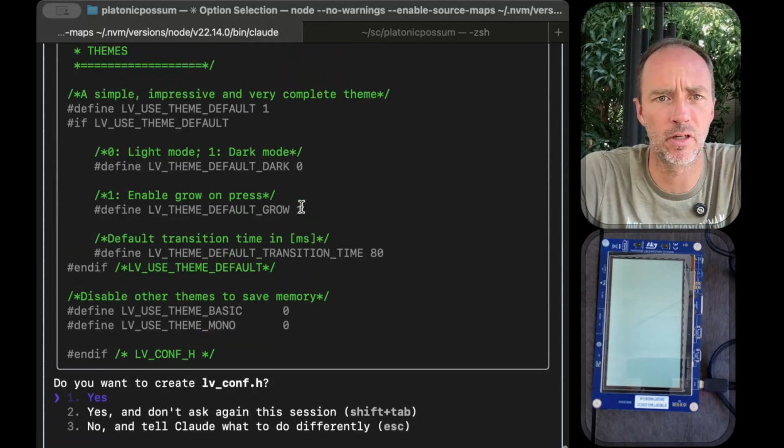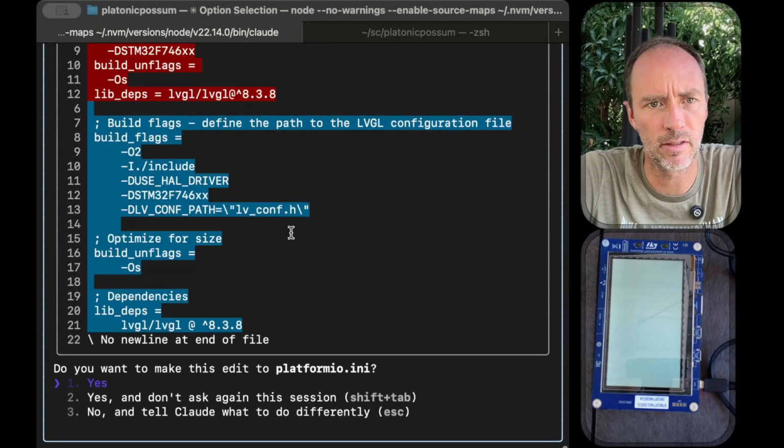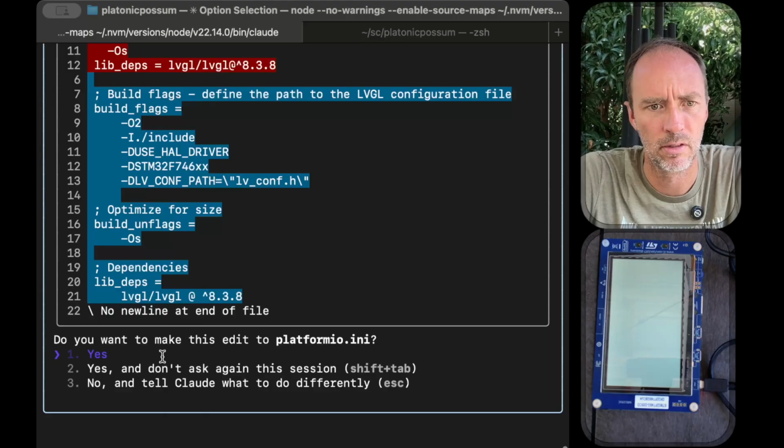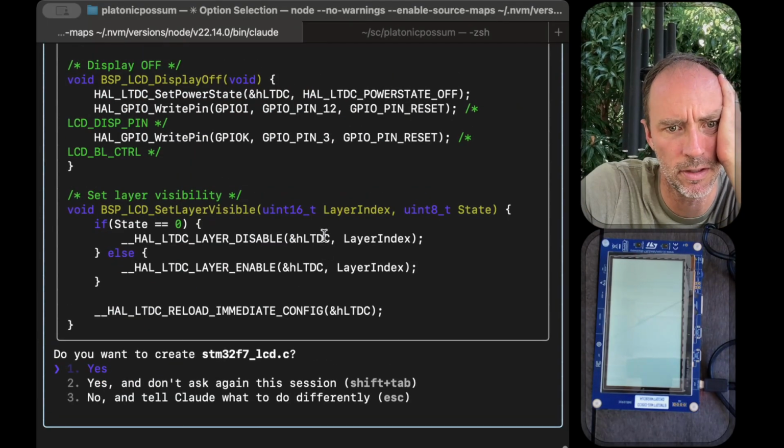Okay, so there's an lvconf.h. Sure, go for it. Okay, do I want to edit this? Build flags are going to be changed. Sure. Use HAL driver. This thing. Yes, yes, I would. Okay, and it's got some more stuff. There's an STM